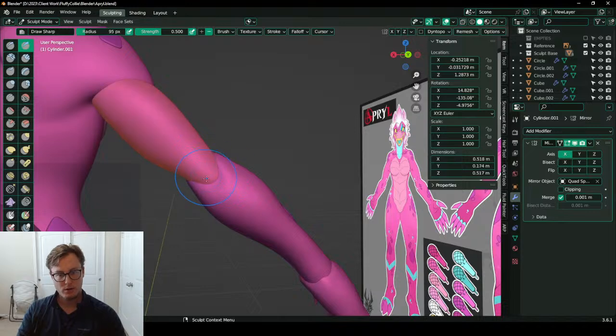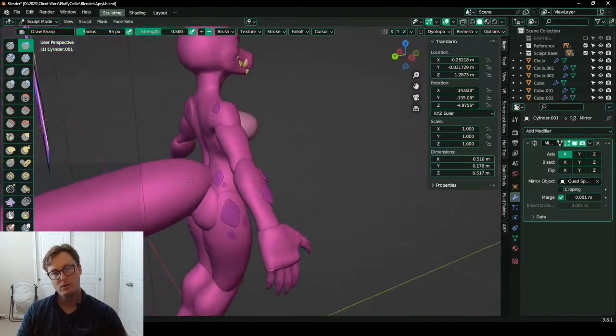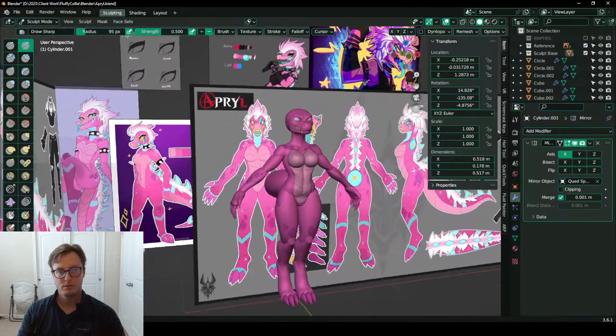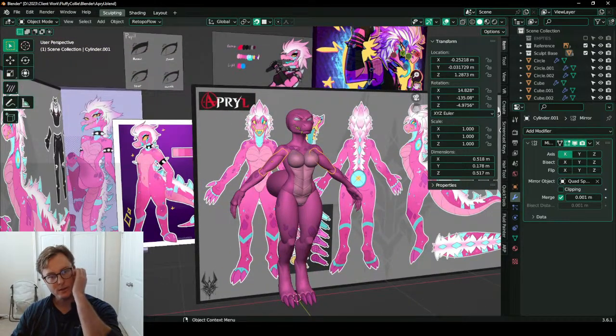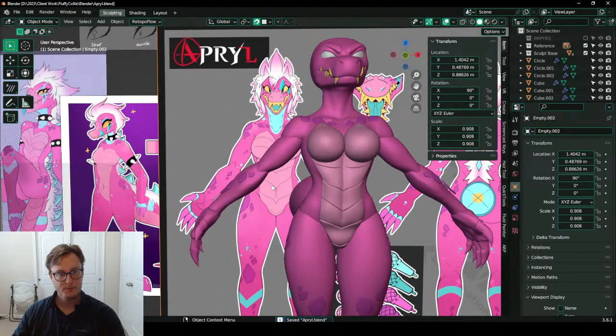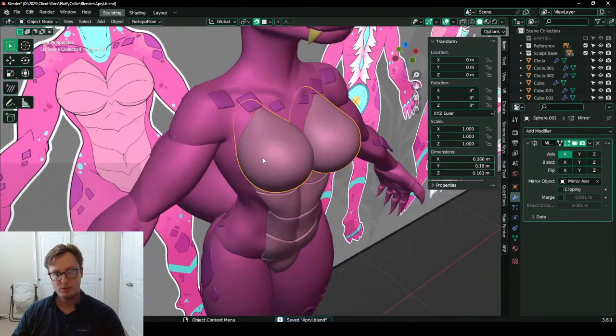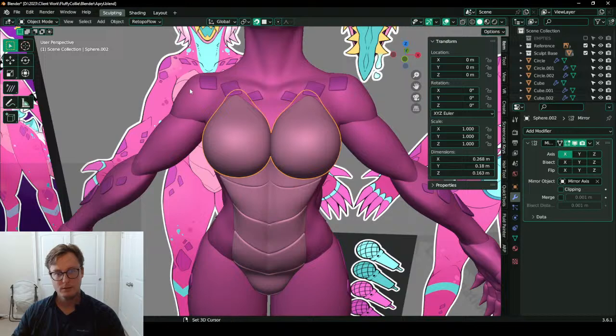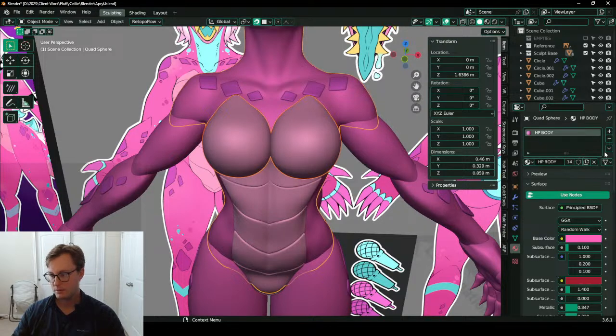Elbow time. Elbow time. Nice. This is very satisfying. You know what? I'm actually going to include this material.